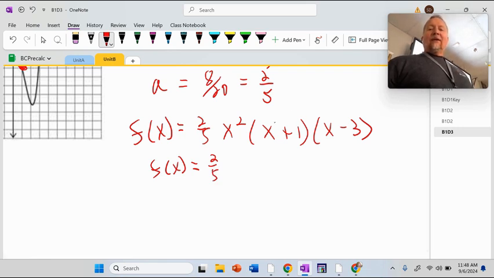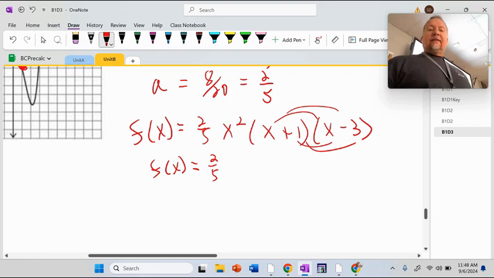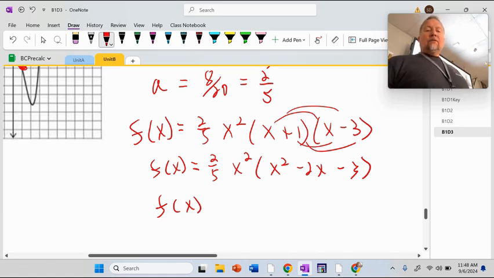And then this, you know what? I'm gonna be like super foiler. So this is x squared, but then times x squared, x to the 4th. No, you know what? Slow down. I'll do the next one. So x squared, negative 3x and 1x is negative 2x, and then negative 3. And then I could distribute the whole thing anyway. 2/5 x to the 4th,